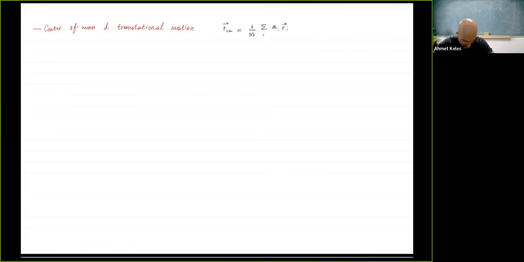Let's see how this changes with time, right? Let's take the first derivative. So d r center of mass divided by dt should be equal to